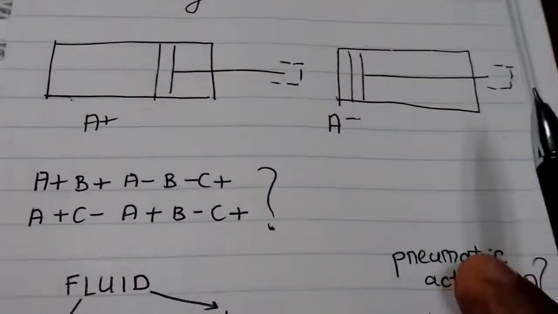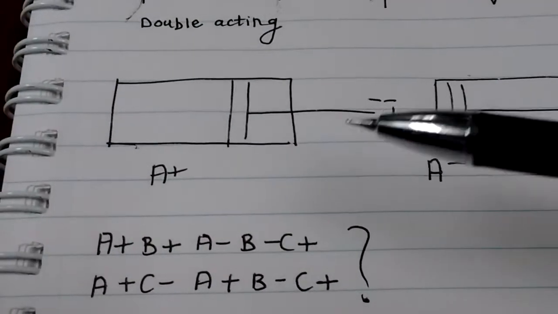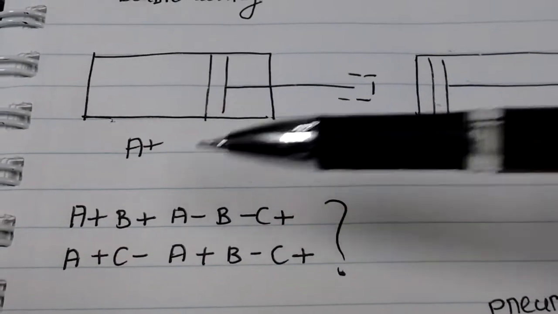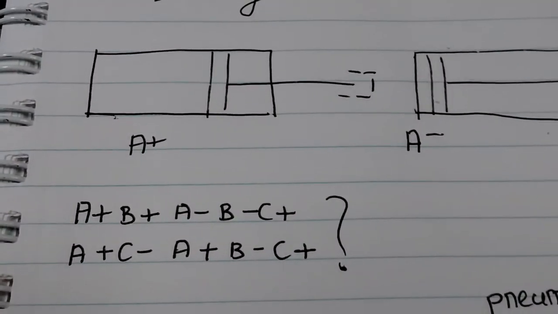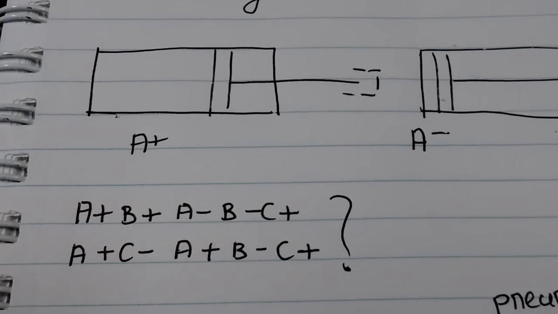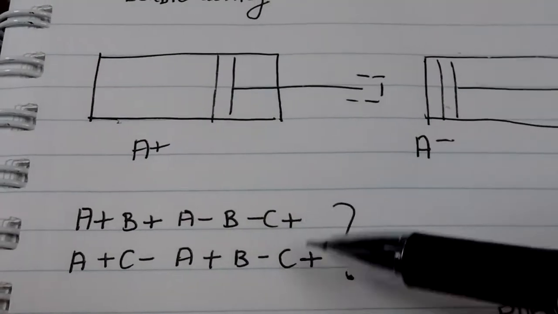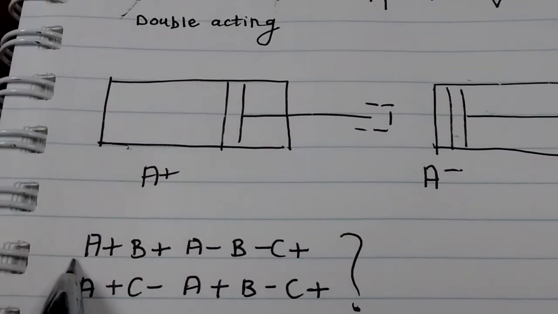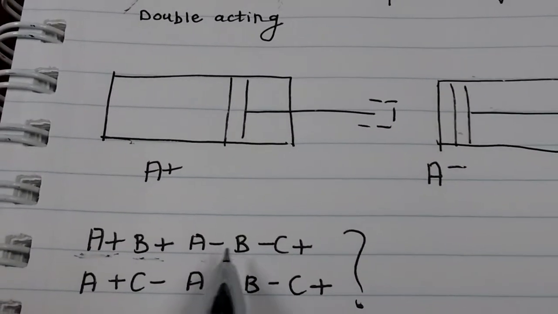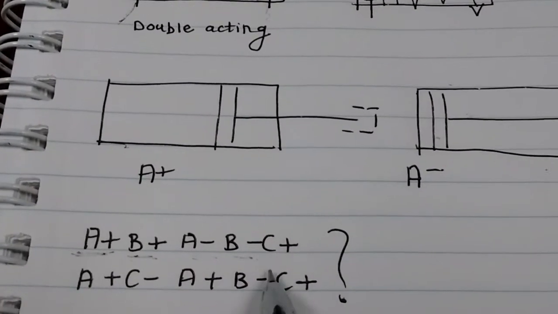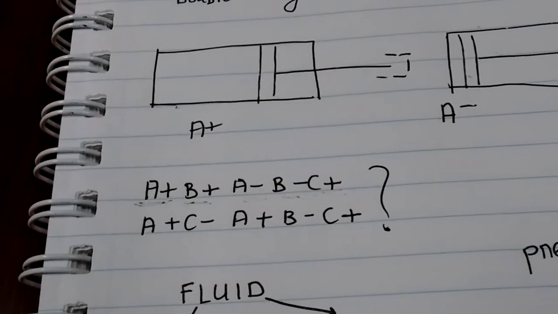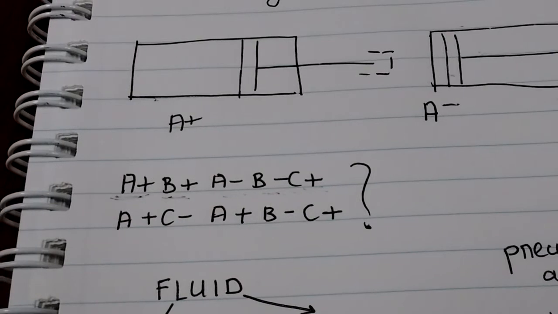Now in exams or in normal cases, what you will be expected to do is the sequencing of any such random sequences. Like say there are A, B, C, 3 cylinders. So what you will be asked is to derive an electro-hydraulic, hydraulic, pneumatic or electro-pneumatic circuit for the same sequence. Basically, first I want to actuate cylinder A in plus position, then actuate cylinder B in plus position, then A in minus, then B in minus position, retracted position, then C in plus position. So you will be expected to find sequencing circuits for such sequences.